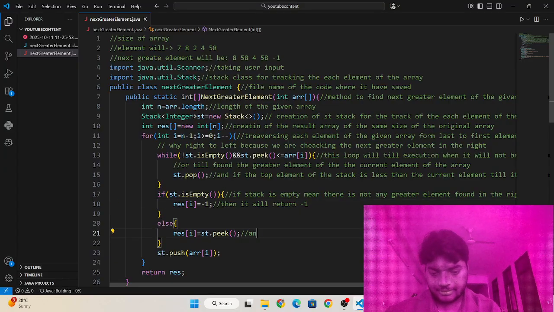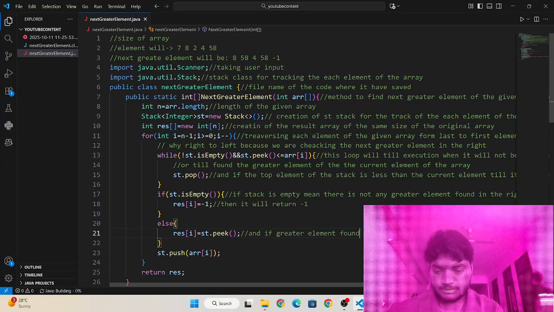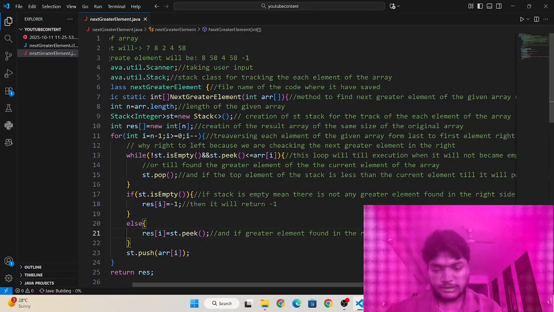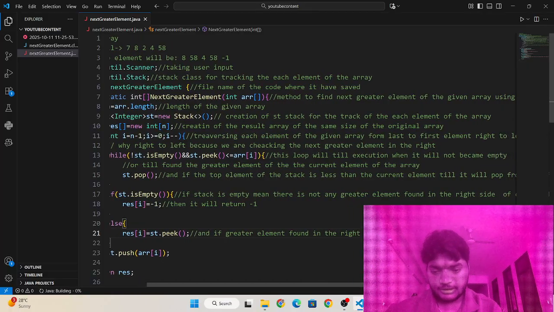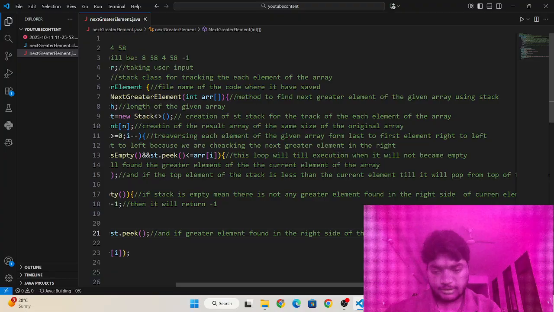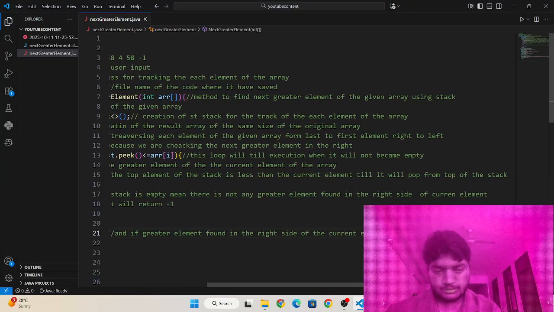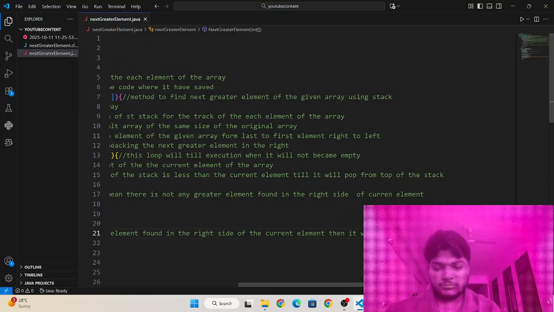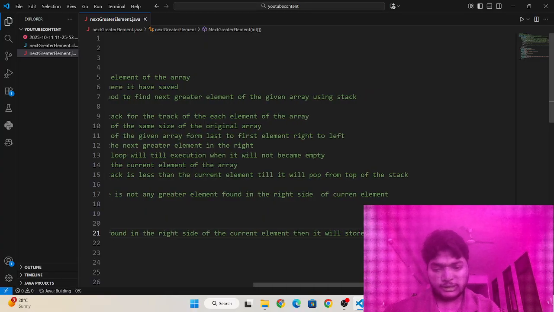and if a greater element is found on the right side of the current element, then it will store it as the greater element in the result array.